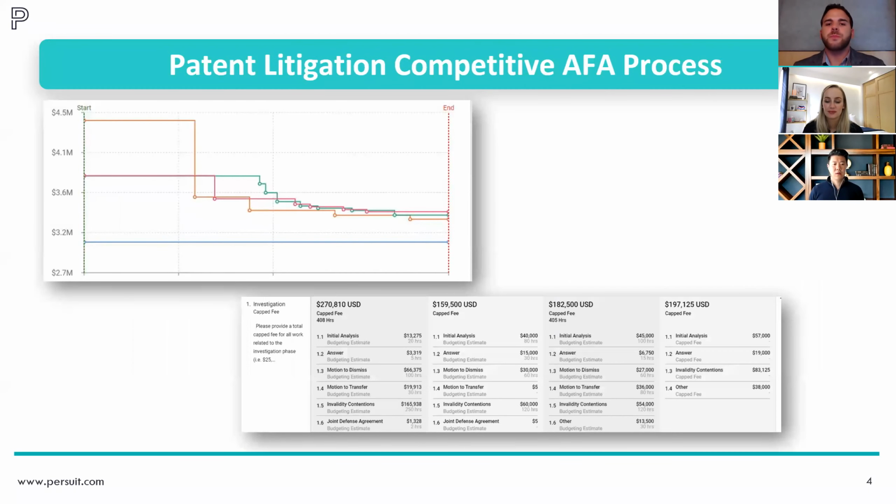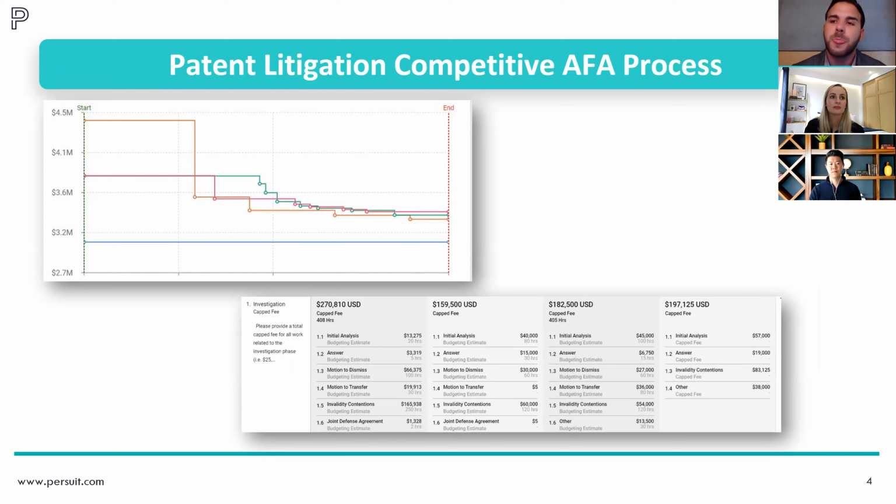So just shifting gears, just to give you an example of what we mean by a reverse auction. In the top left is an anonymized example of the visual that displays the results of an auction process after you run one. You can see that in this example of a patent litigation matter, you had 4 firms, with one firm starting at close to 4.5 million, and that firm dropped its price all the way down to $3.3 million. So a $1 million drop in price